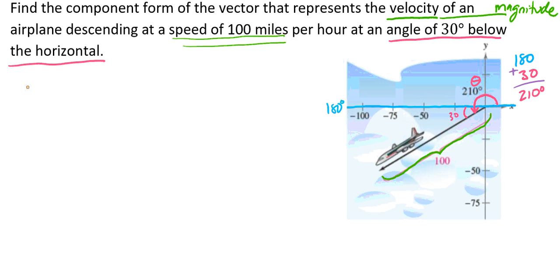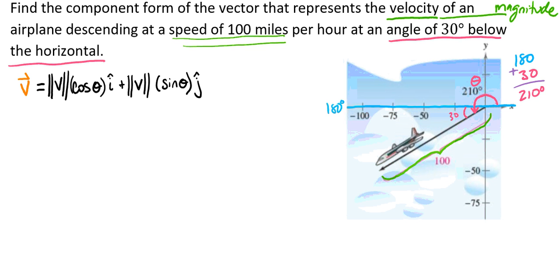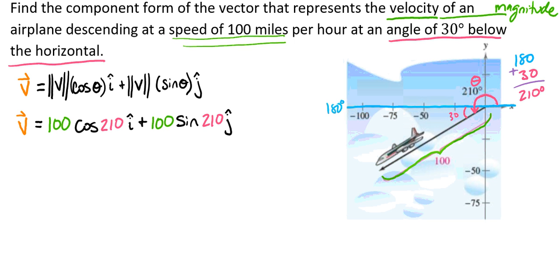So we have our vector v, and we can see that the magnitude of v times the cosine of theta times i plus the magnitude of v times the sine of theta times j will give us our vector. So we can plug in the things that we know. So we have 100 times the cosine of 210 times i plus 100 times the sine of 210 times j,